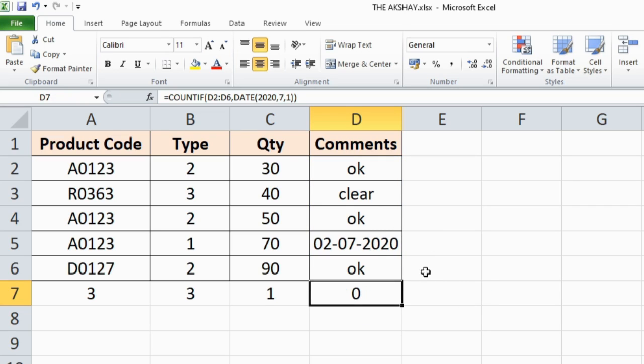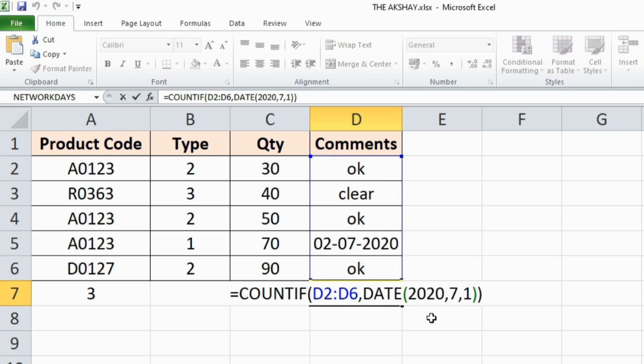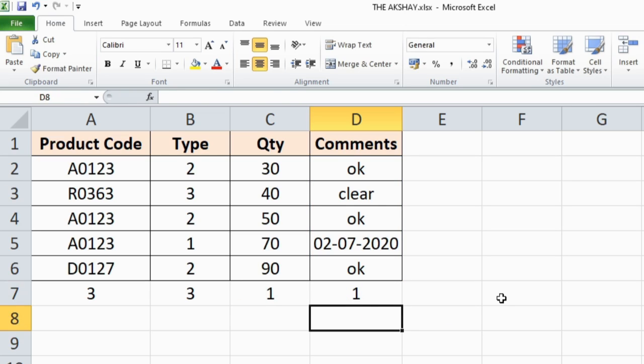So it is showing 0 because I have specified condition that in this range find out count of the cells which contain this date. Since there is only one date which is 2nd July and I have specified 1 July, that's why it is showing 0. If I change it to 2, 2nd July, then it will show 1. Alright,